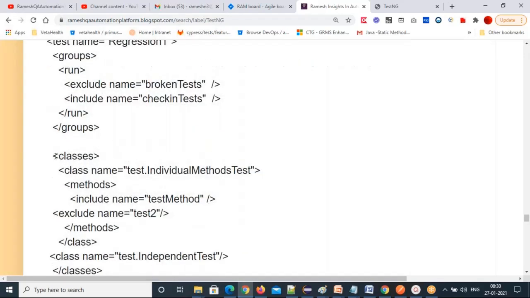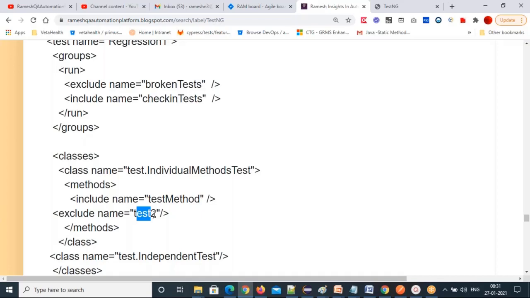Now the classes tag. Class tag name equal to, this is my individual methods test. In this class, I want to include one test method and exclude another test method. So how can you do that? Methods tag, include name test method, exclude name test2 method.